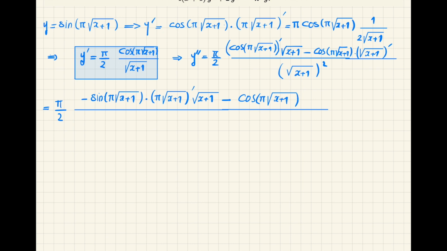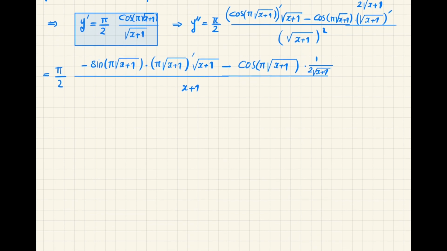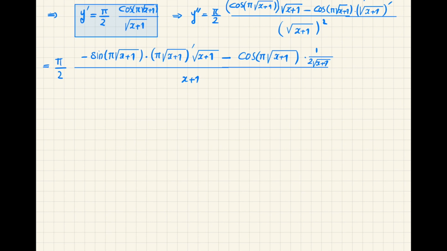And as I mentioned earlier, the derivative of this function here is exactly this, because of the same reason. So it becomes 1 over 2 square root of x plus 1. And then the denominator to power 2, so this exponent will cancel this square root sign. I will have x plus 1. Okay, but there is also another derivative left, so let me complete this. Okay, so what I need to do,